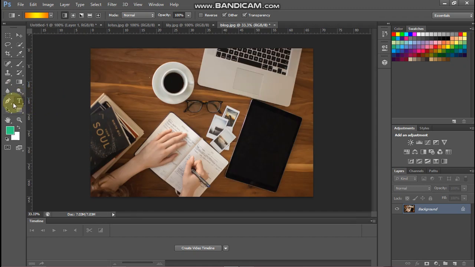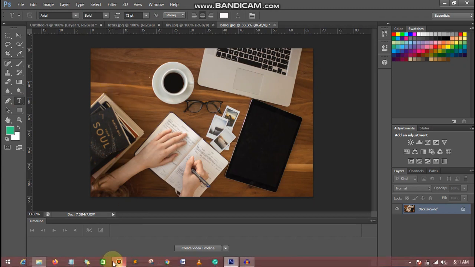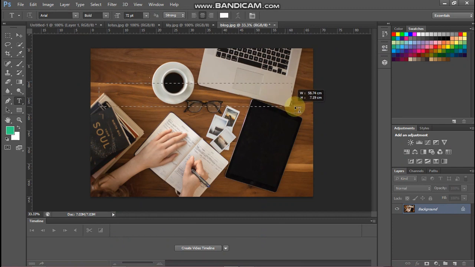And this is the text tool, right? So I click on it. Now the cursor changes to something like this. I will click on it and drag my mouse towards the right side. This is the selection where my text will appear. Now you can see this blinking cursor over here.